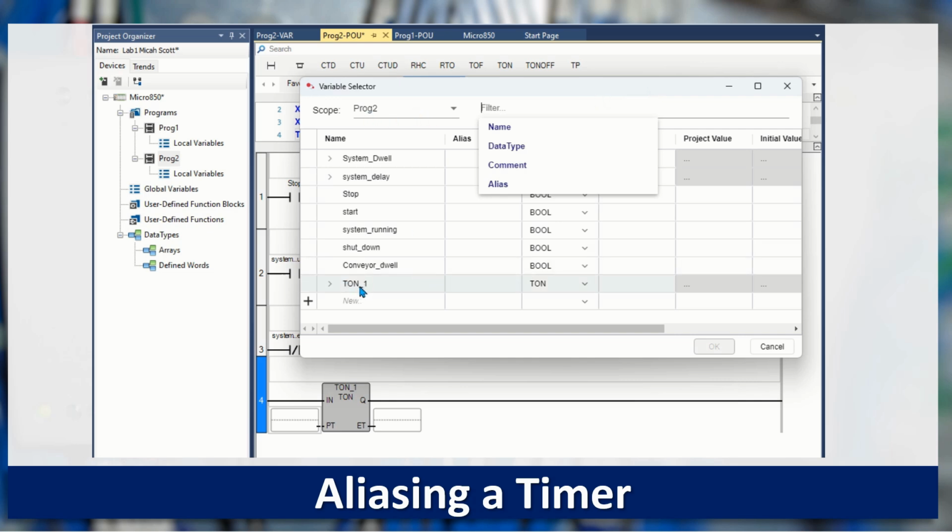Down here, you'll see it says TON1. So you can go into your program and you can have all your timers. They'll be TON1, 2, 3, whatever. We're going to click on it just once, not double click. And I've done that many times and I still do it because in most programs you require a double click. We're going to backspace and we're going to say